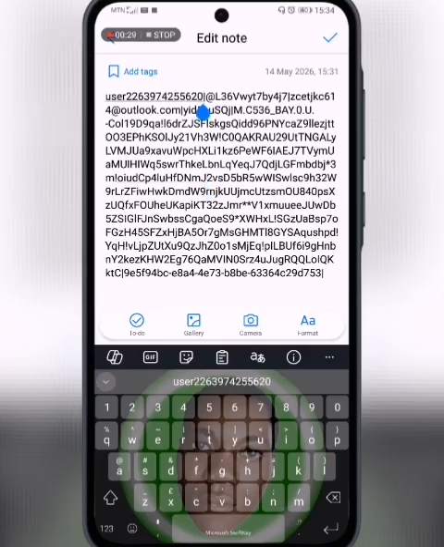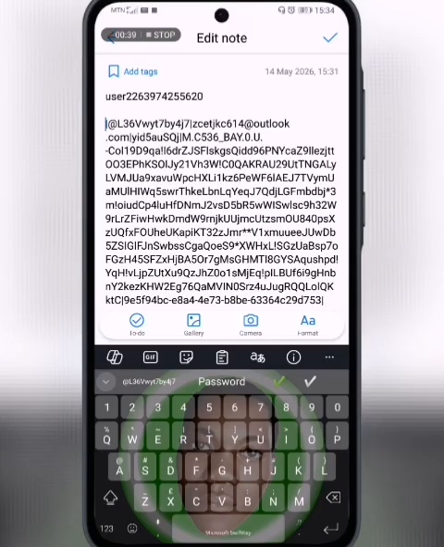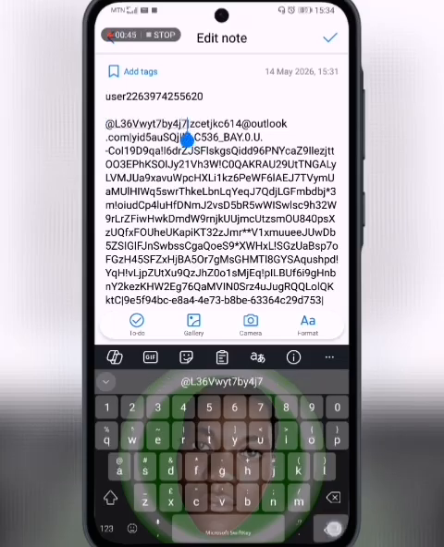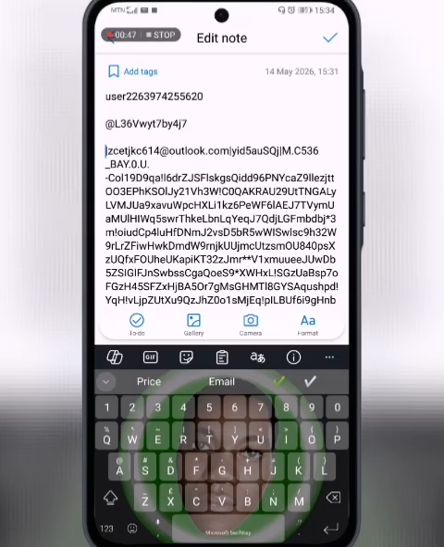Once you have pasted in the details, go ahead to the first part of the details, and right after the last ending of the first digit, you have to separate that, which will give you your account username. The second part, which is your account password, you have to separate that too, and then the third, which is your email,